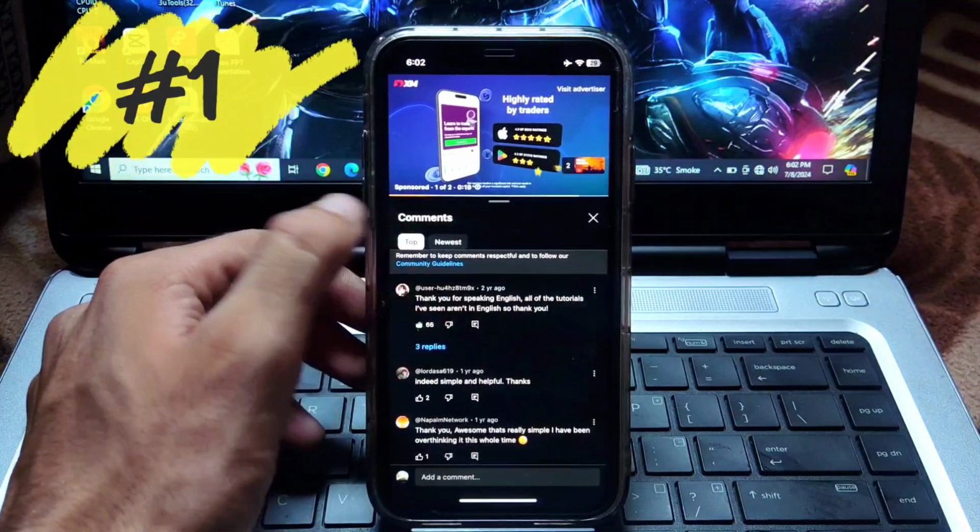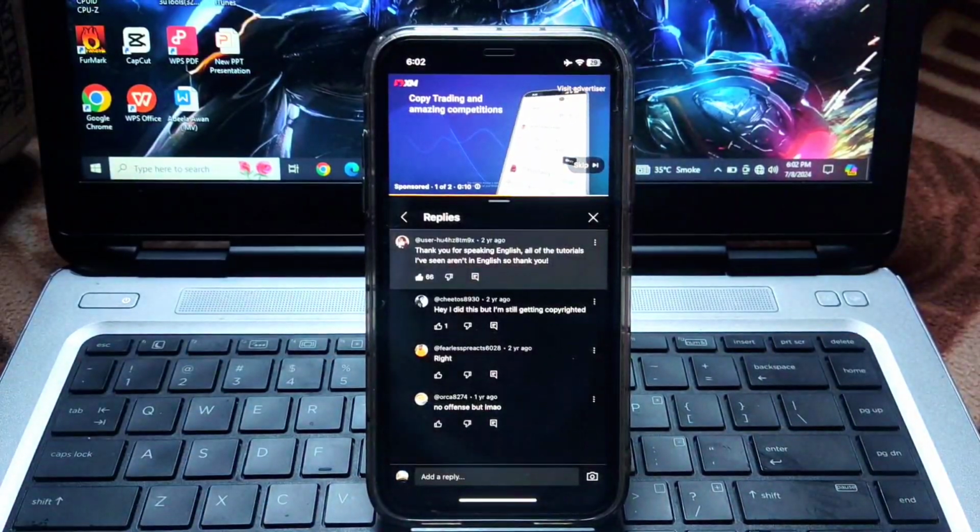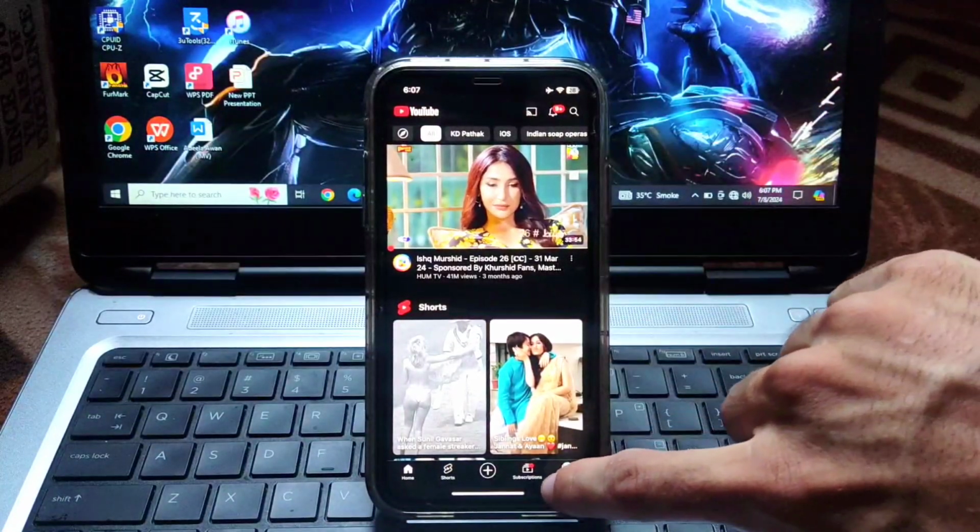In YouTube, you can like a comment by double tapping on it, and you can reply to a comment by tapping 3 times. Now go to Settings of YouTube,